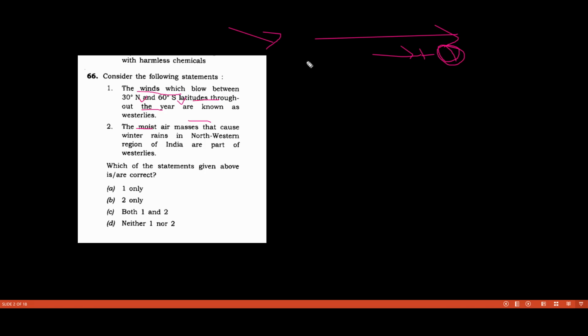Now if you are in a hurry and you are anxious in the examination, you will definitely fall into the trap of the examiner, because this is the trap set by the examiner, all right, to eliminate the one who is not very vigilant. All right, so don't fall into the trap of the examiner. Use your pen, use your pencil, and keep underlining the statements that you have. All right, so keep underlining the statements of the question as well as of the answer if it is a statement type answer. All right, so let's see the next question.